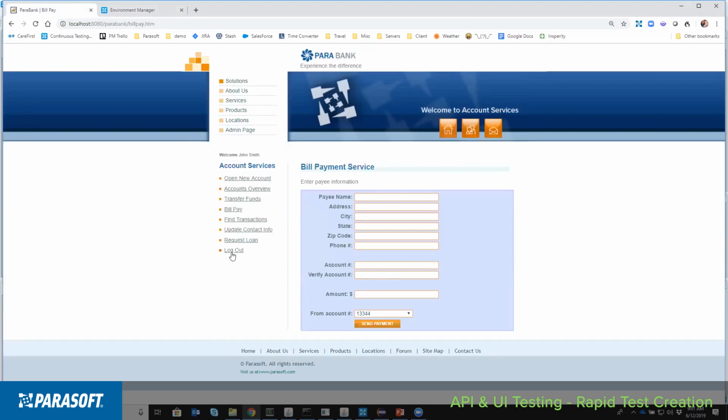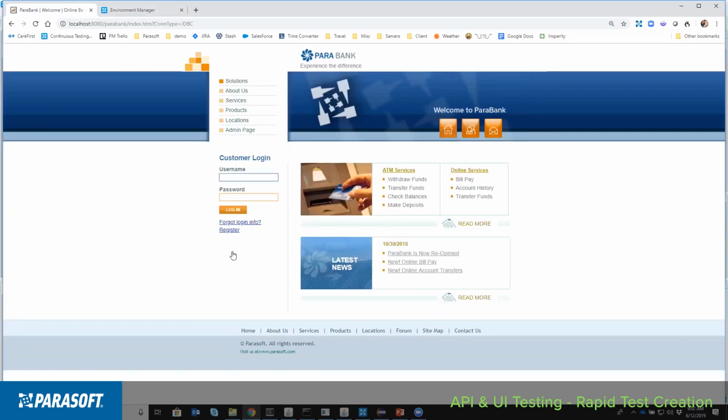The challenge is that I'm a non-technical user, and so I don't really have domain expertise to understand the APIs. This is where Parasoft's Smart Recorder becomes quite valuable. The Smart Recorder allows me to traverse my application and test the different features in alignment with my user stories, or the journeys through my application, while simultaneously creating UI and API tests.